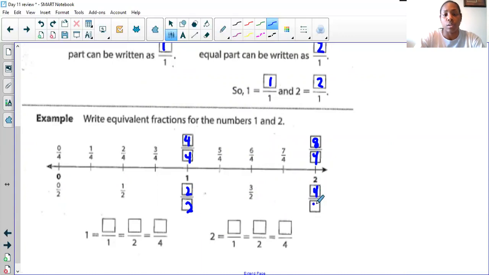And if we take a close look, before we get started, I want to just show you 1 over 1 equals 4 divided by 4 equals 1. 8 divided by 4 equals 2. 2 divided by 2 equals 1. And then 4 divided by 2 equals 2. And I hope you guys can see that. So 1 equals 1 over 1, 2 over 2, and 4 over 4. 2 equals 2 over 1, 4 over 2. And so what they've done is they've taken